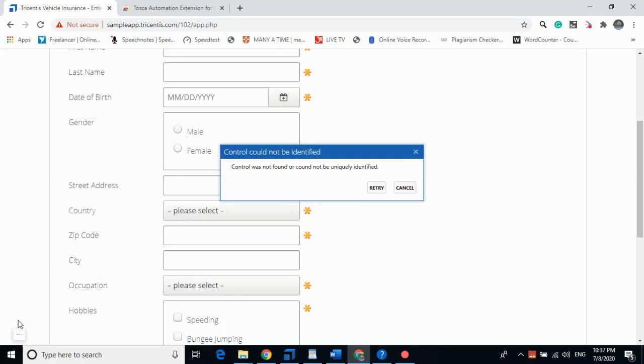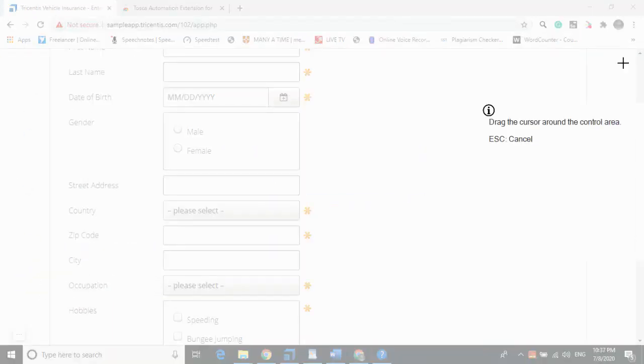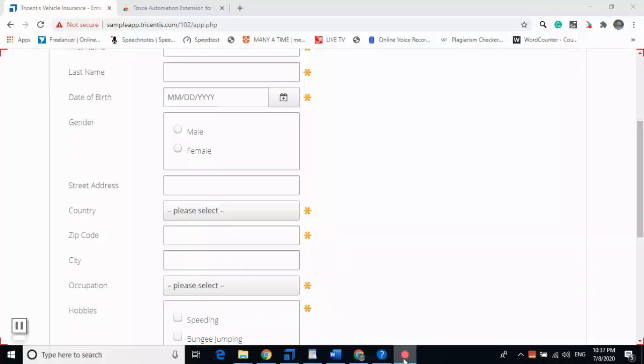In order to stop the recording, I am clicking on stop and save, because I have filled the first page form.